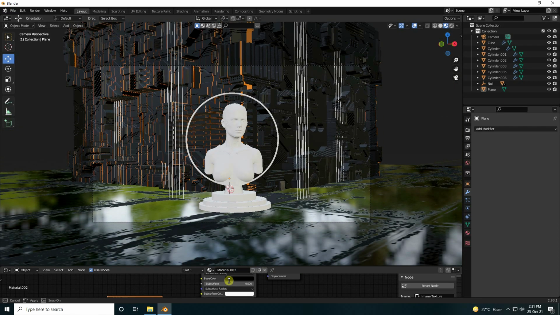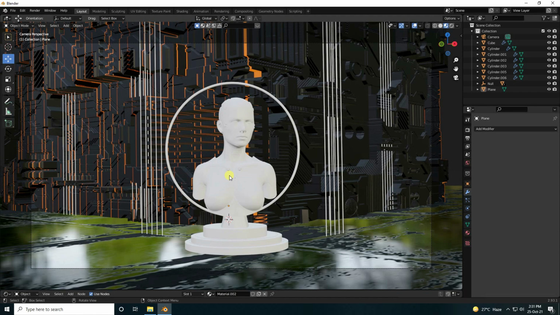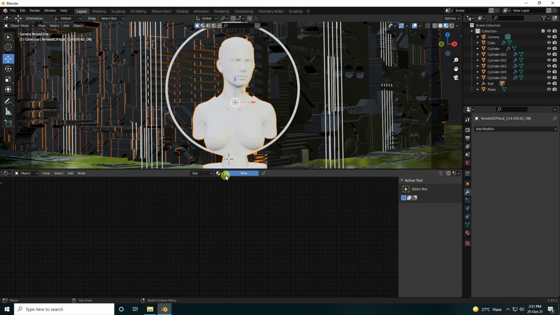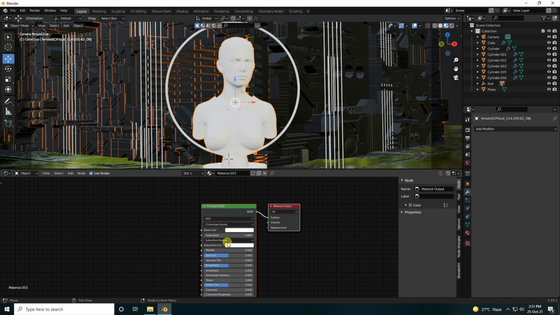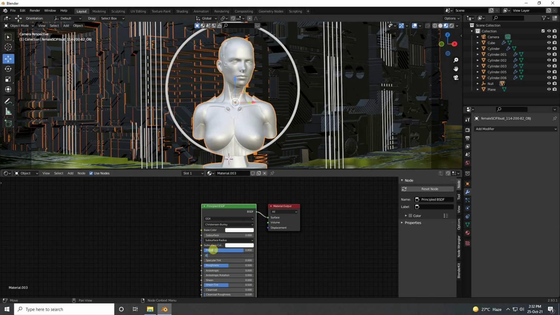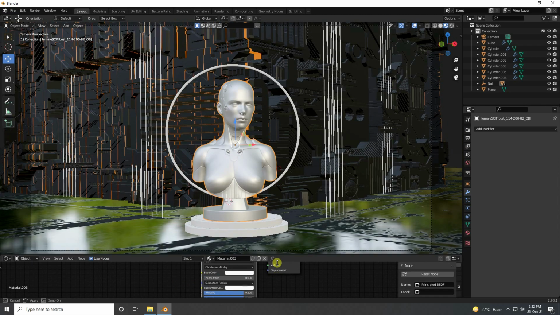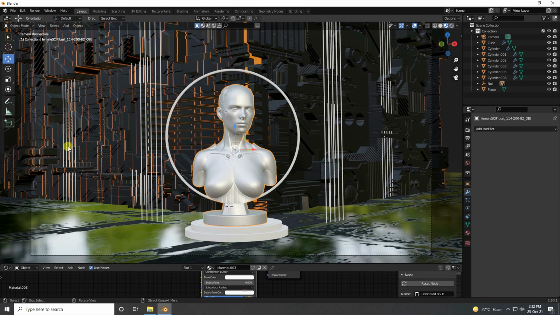Okay, so now guys, this time I create material for this one, character. Guys, I click on here, and guys, metallic I like 0.8 and specular 0.8, and roughness is good. Okay, right? So guys, next one, I create material for this cylinder.